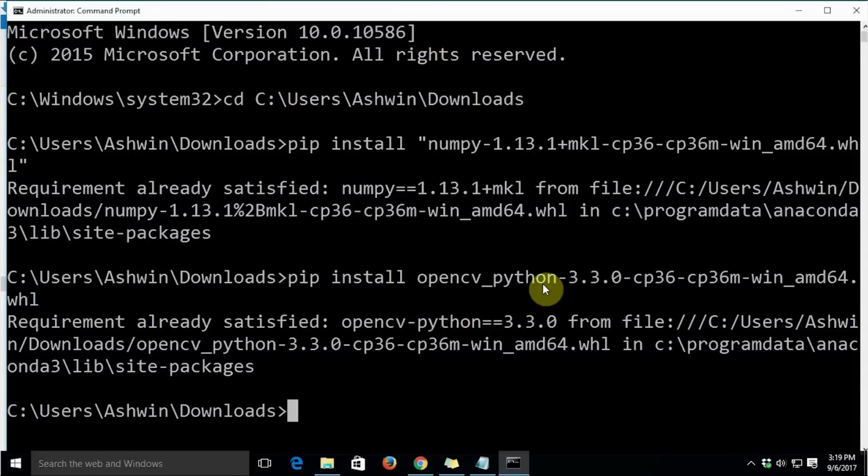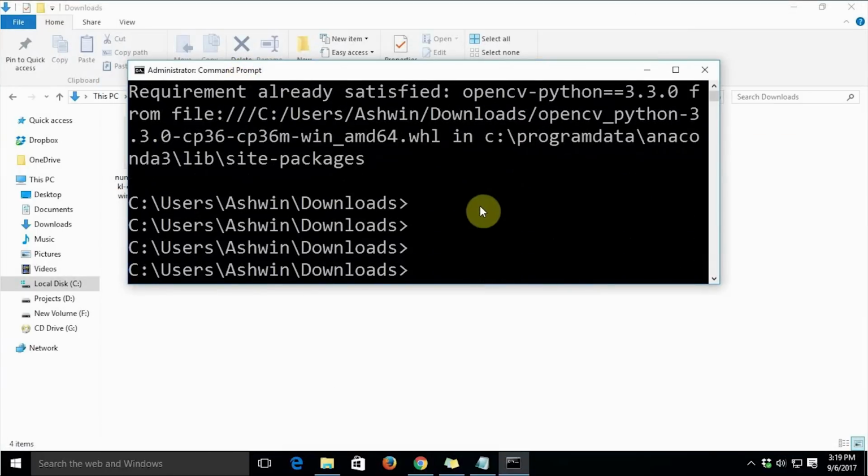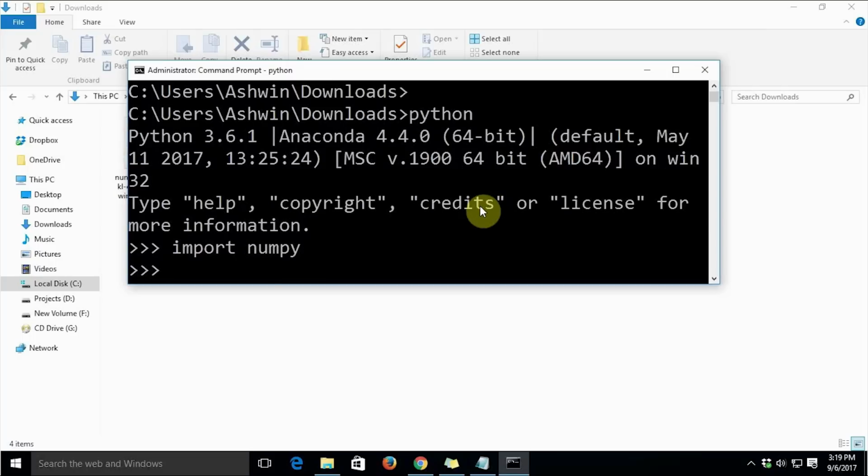Now we have everything installed, right? So we can get started by verifying the installation. In order to verify the setup, we just need to open the Python prompt. You can use any Python prompt associated with your version of Python, or you can use any other IDE. Here I'm just going to try it in the command line. So I'm going to type import numpy, just to verify whether NumPy has been installed. Okay, NumPy has been installed.